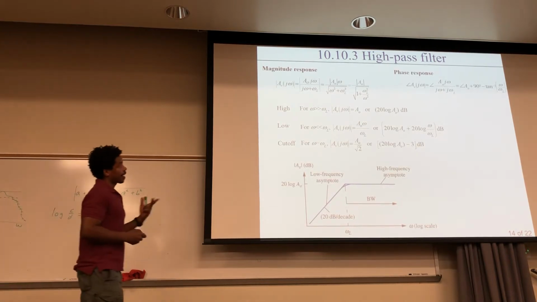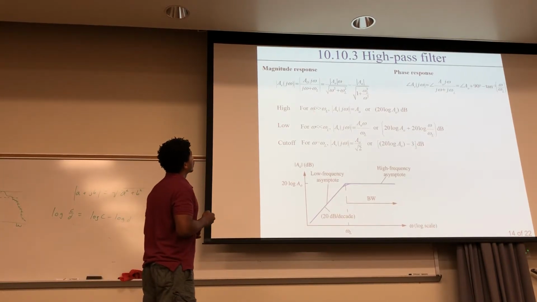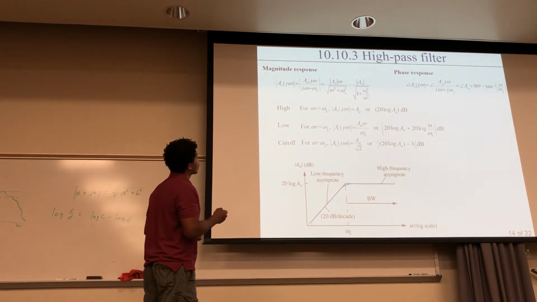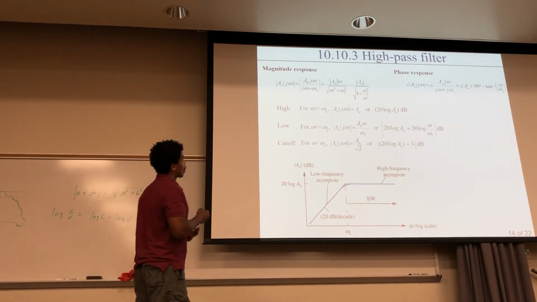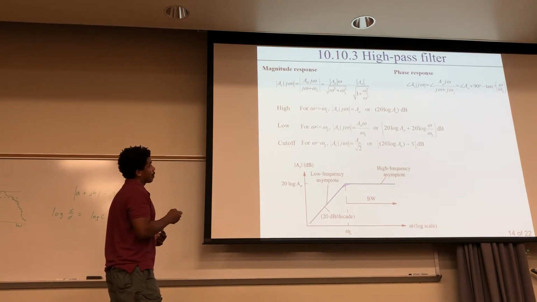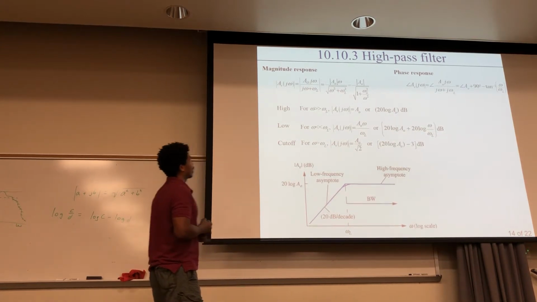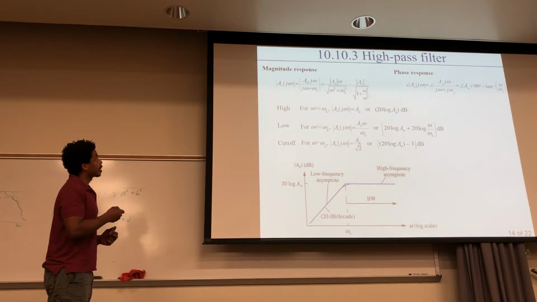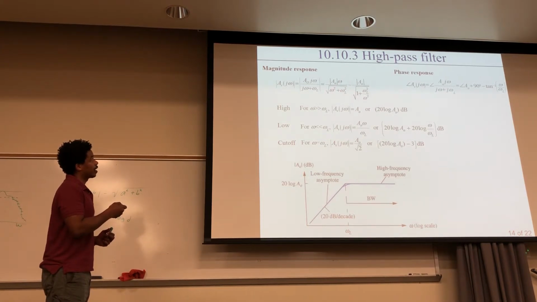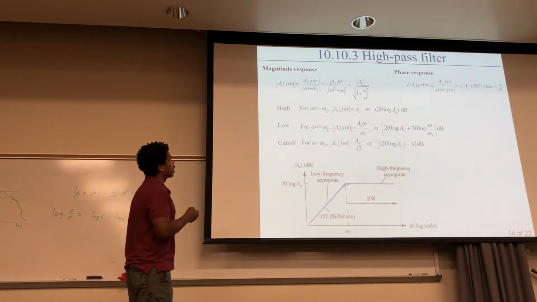Okay, so we're going to do magnitude and phase type of plots. For the magnitude, we get this right here. And again, for the high frequencies, for omega really, really high, you just plug it in here and see what you get. So if I were to plug a high frequency in here and here, this would become insignificant. So the bottom would be square root of omega squared, which is just omega. So they would cancel out, and I just get A. If this was low,